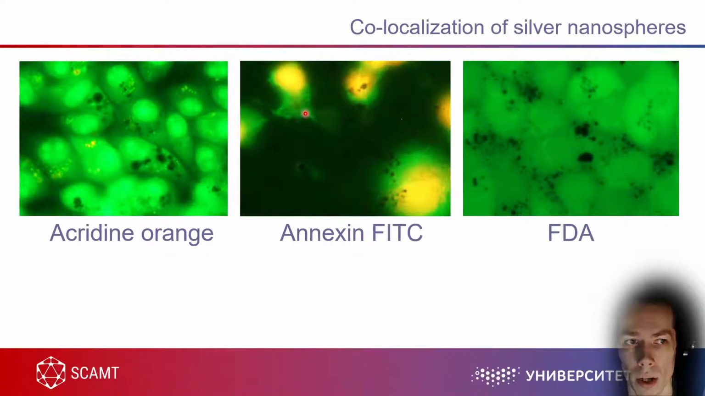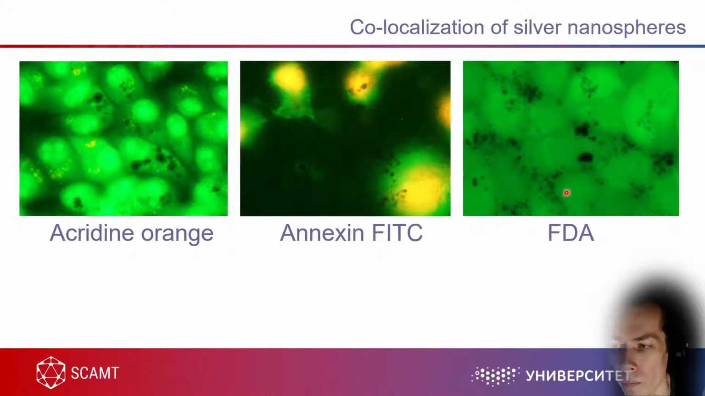For example, here it's a different staining of the cells after accumulation with silver nanoparticles, silver nanospheres, and in some cases it's impossible to understand where these nanoparticles are located. For example, here, just a common FDA staining, and as you can see, yes, there are some nanoparticles, definitely aggregates of nanoparticles, but since